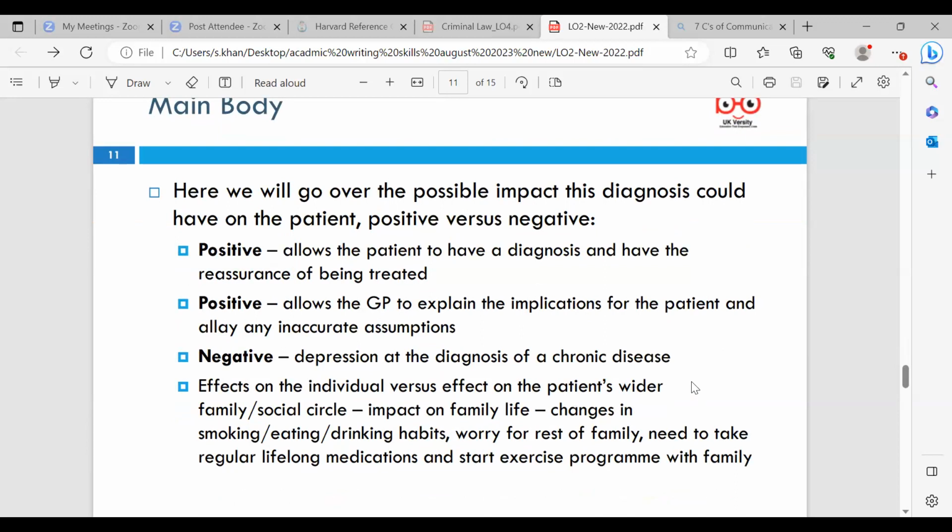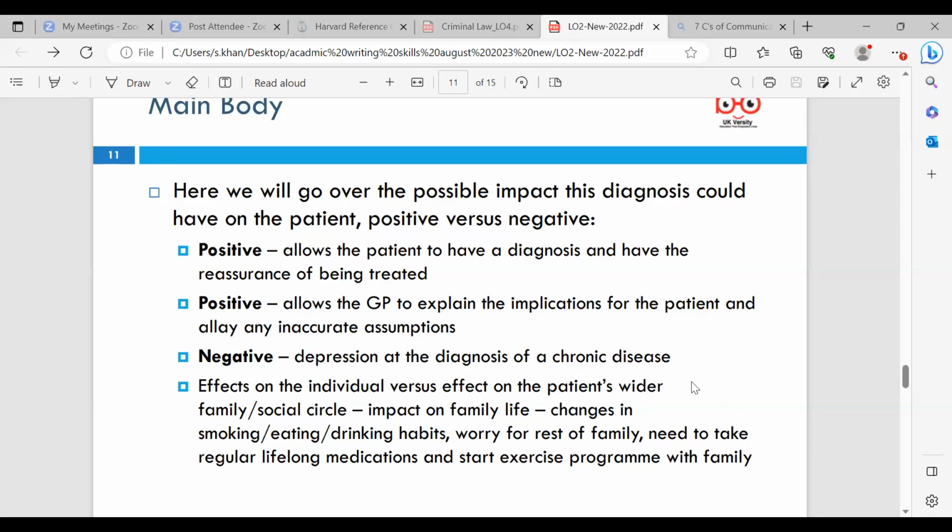Here we'll go over the possible impact this diagnosis could have on the patient. So positive versus negative, so advantages and disadvantages. The positive you'd look at in the main body is that it allows patients to have a diagnosis and have the reassurance of being treated. A positive is also that it allows the GP to explain the implications for the patient and rectify any inaccurate assumptions. And the negative effects are depression,